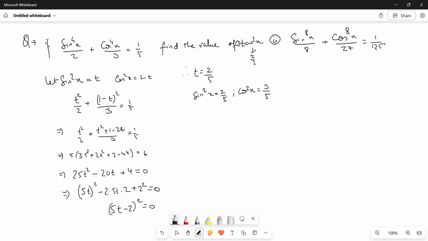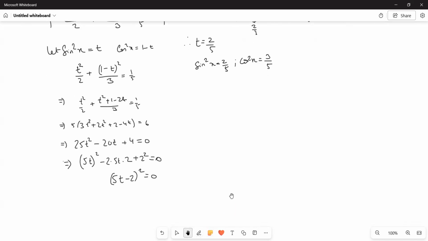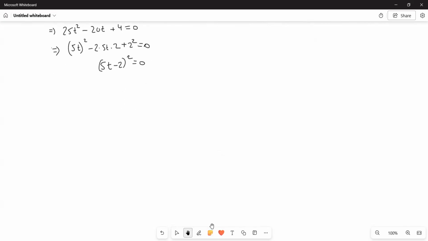Is everyone clear with this? Yes, sir. Okay, next question. This is a class 10 question. If theta lies between 0 to pi by 4,